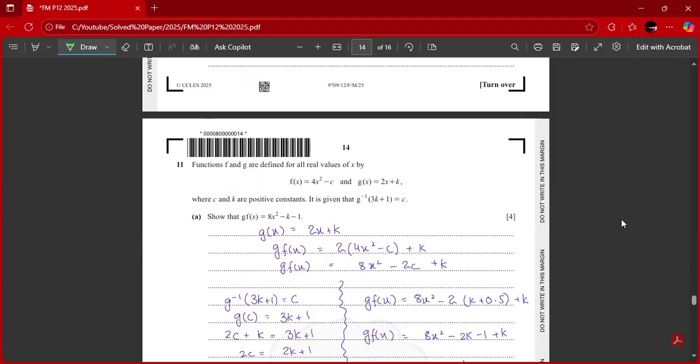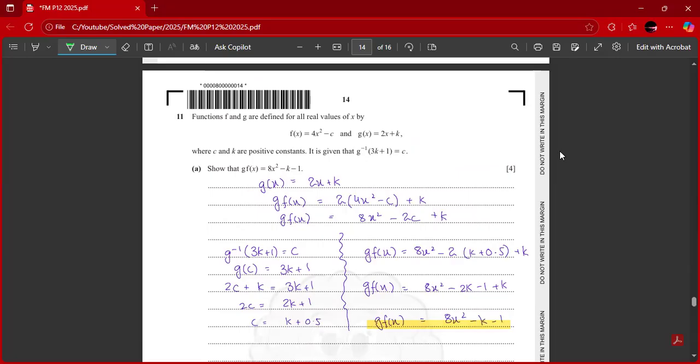We have to show that g f of x, a composite function, is equal to 8x squared minus k minus 1. But if I put f into g, there's a c. And having a c is not good because we need it in terms of k. But we are given something, guys. We are given that